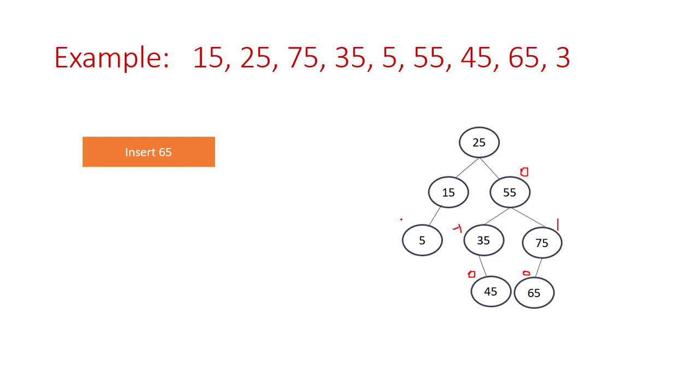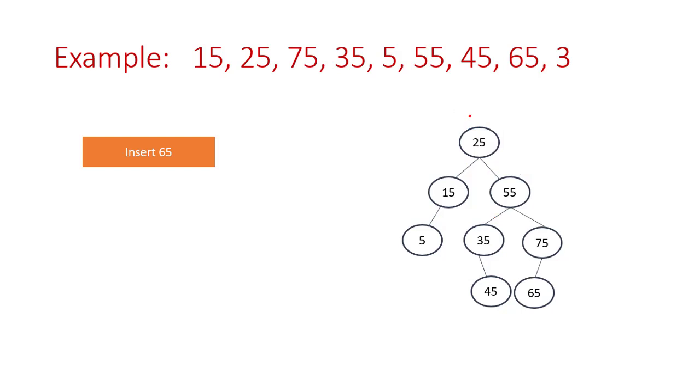The balance factor of 5 is 0. The balance factor of 15 is 1 minus 0, that is 1. The balance factor of 25 is 2 minus 3, that is equal to minus 1. So you can say here the height of the left subtree from 5 is 1 edge and 2 edges to the root node, and from 45 it is 1 edge, 2 edges and 3 edges in the longest path. So 2 minus 3 is equal to minus 1. All the balance factors are acceptable.